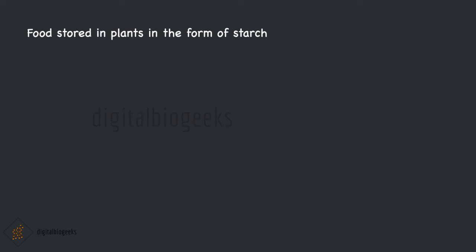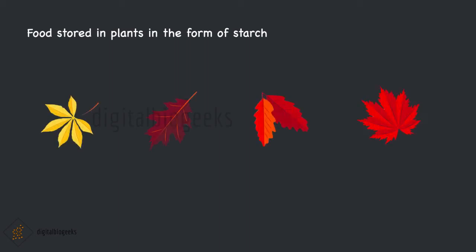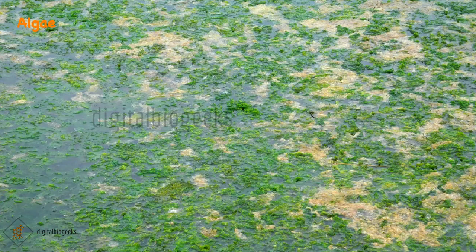Now we know that the green leaves contain chlorophyll and this will enable them to perform photosynthesis. But what about the leaves with other colors like red, brown, etc.? Will they be able to perform photosynthesis? Yes, they will be able to perform photosynthesis as they contain chlorophyll as well. But we cannot see the green color as the other color pigments like red, purple and brown will mask the green color. Have you seen the green patches in lakes and ponds?